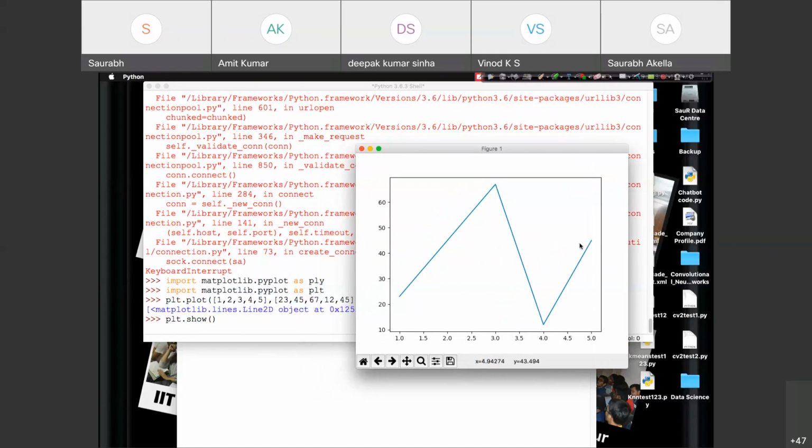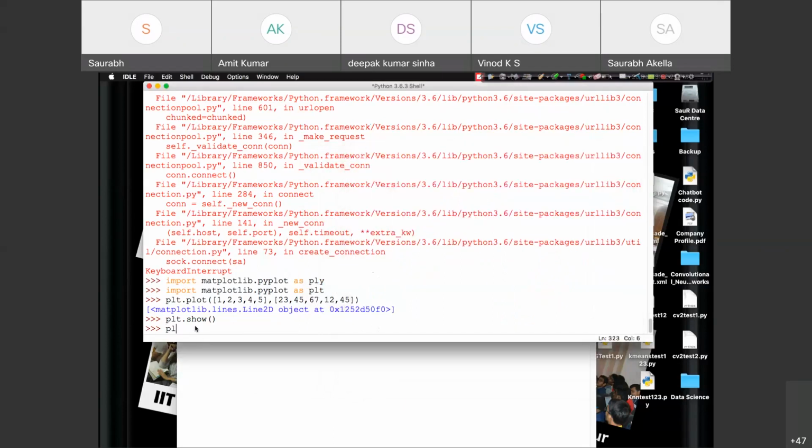Right, but we never know exactly where those points are. So what we can do, plt dot plot. In fact, let me copy the entire data.